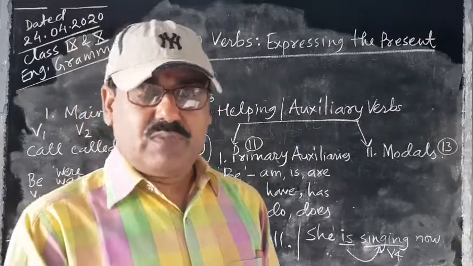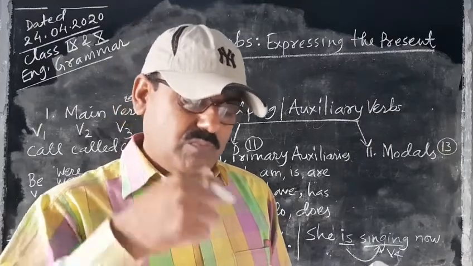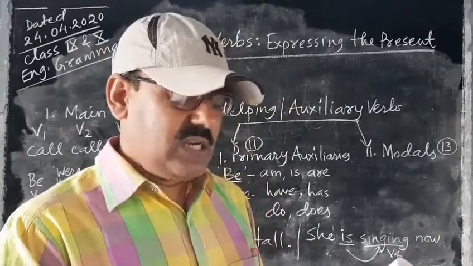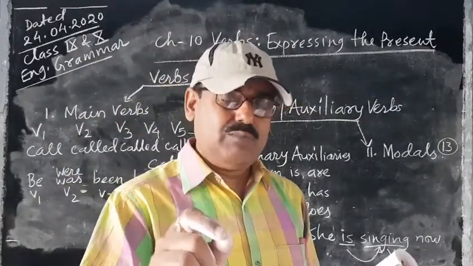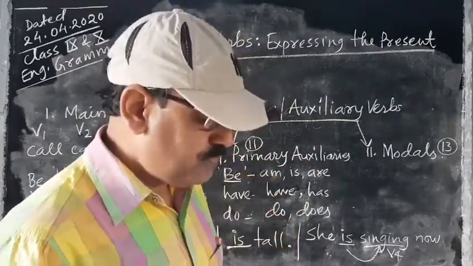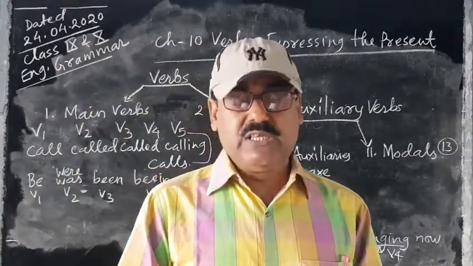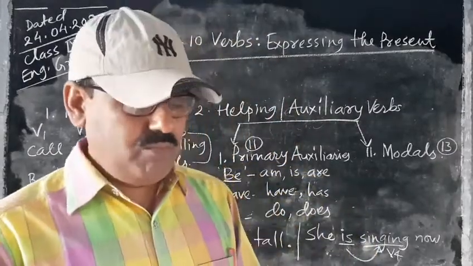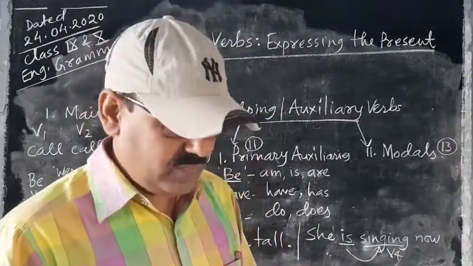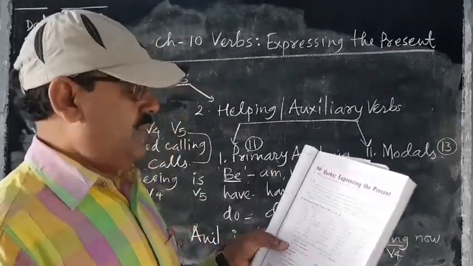So here "is leading". To lead is another main verb, and "leading" is coming here after "is". So "is" here in the second sentence has come as a helping verb, as an auxiliary to form another tense form. Okay. Now when "be" is used to form other tenses, it is called an auxiliary verb. It has the same form whether it is used as an ordinary or main verb or as an auxiliary or helping verb.